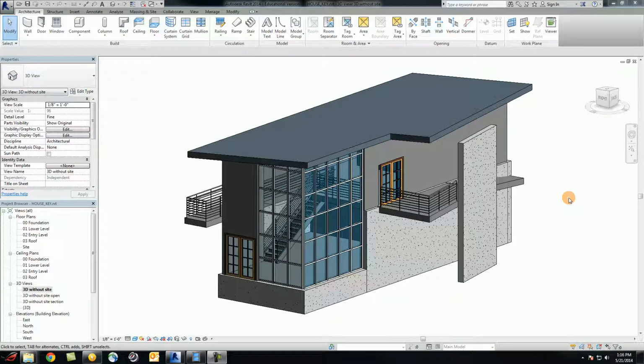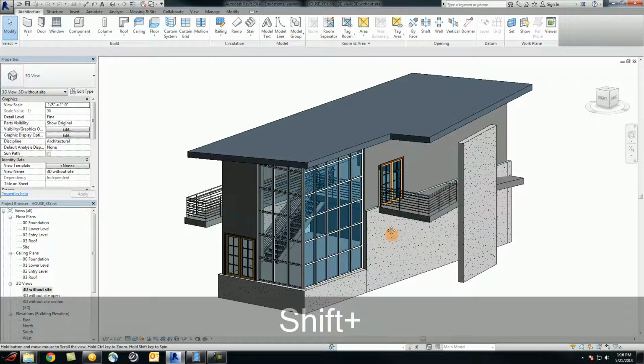This week we're working on a small residential house modeling in Revit. And here, first let's take a look at what we're building. It's a two-story house, as you may see. Here we got a relatively flat roof